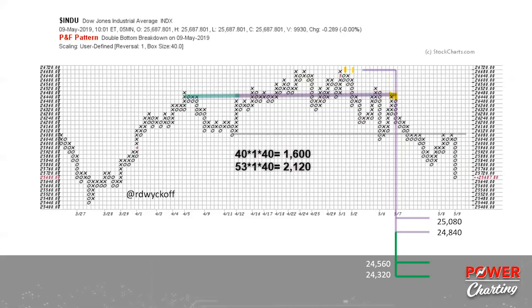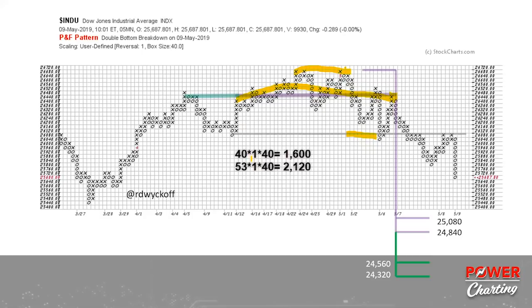This is the original count that we took, really kind of from here to here. This was the count that we took that got us to the support area just below it. And then we have this count. Well, let's take this in 2 segments. So the first segment is from here to here. And this segment is